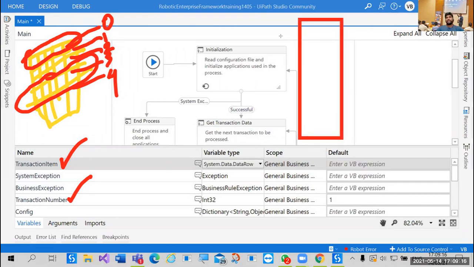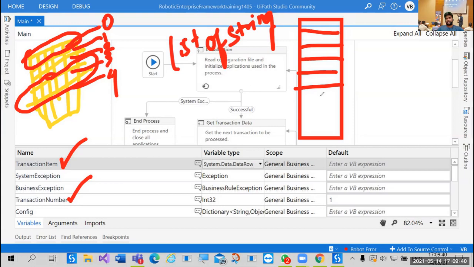Let's assume that this is a list, and let's also assume that this is a list of type string. When we have a list of strings, each and every item will be a string, right?